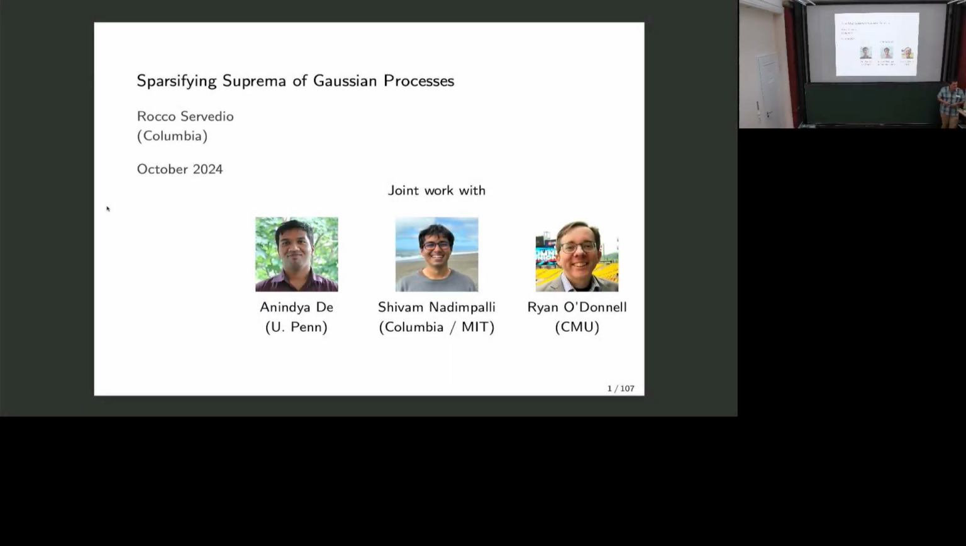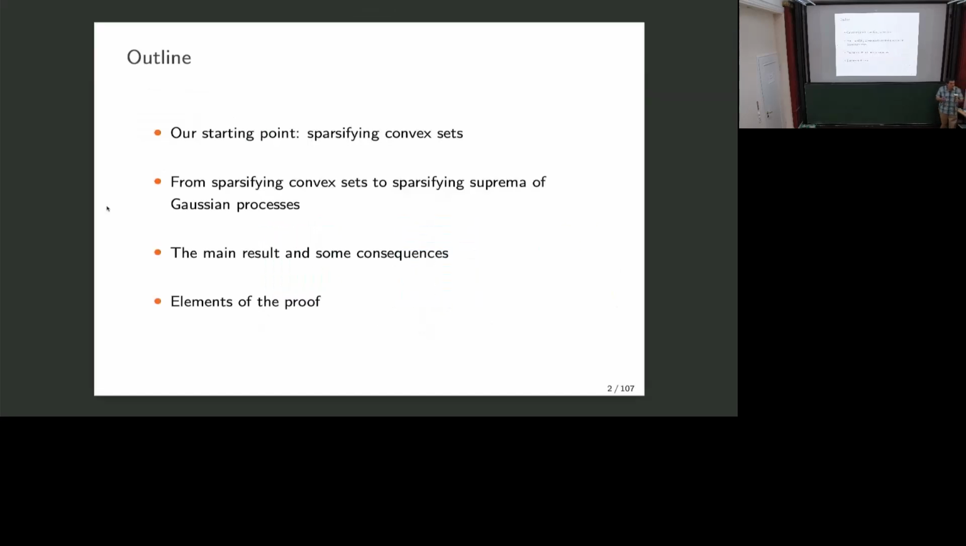Telling you about some recent work on sparsifying suprema of Gaussian processes. It's joint work with collaborators Anindya, Shivam Nadimpalli, and Ryan O'Donnell. So it's going to be about Gaussian processes. Most of the talk will take place over R^n, where we're thinking about the Gaussian measure, the standard N(0,1)